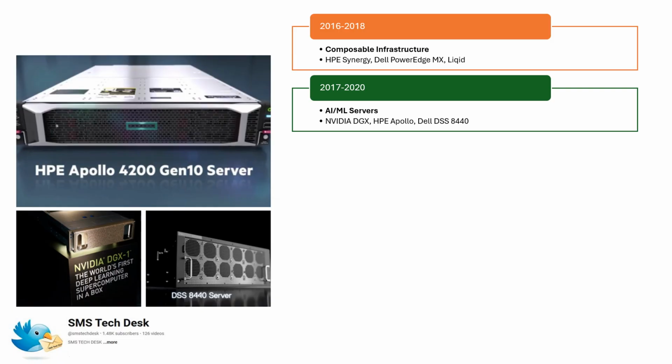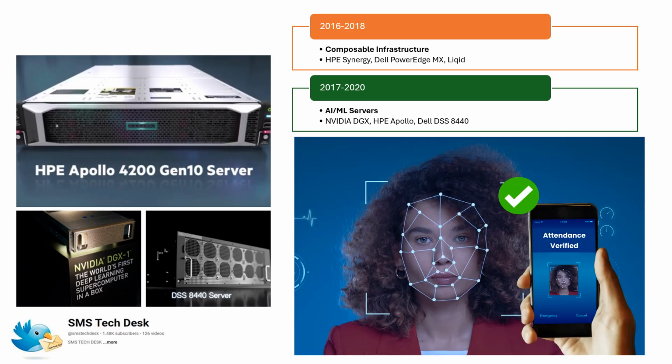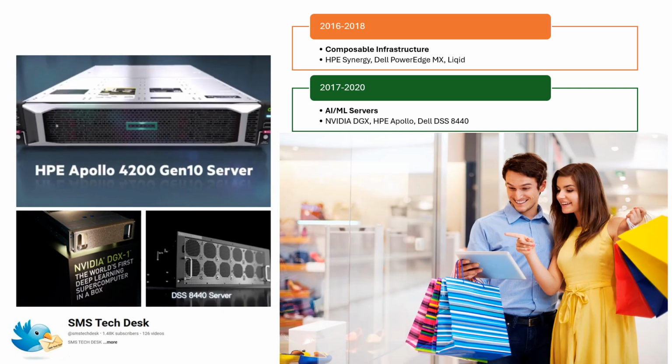These systems are important for advanced tasks like self-driving cars that need to process sensor data in real time to detect traffic, people, and road signs, security systems that recognize faces at airports or office buildings, and tools that analyze shopping patterns to predict what customers might buy next, like what you see on Amazon or Netflix.